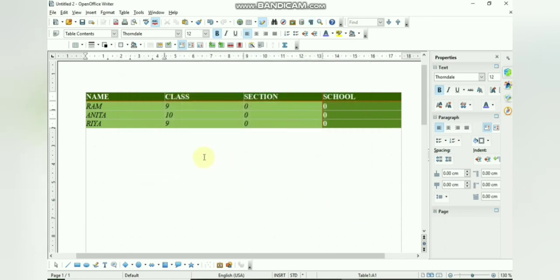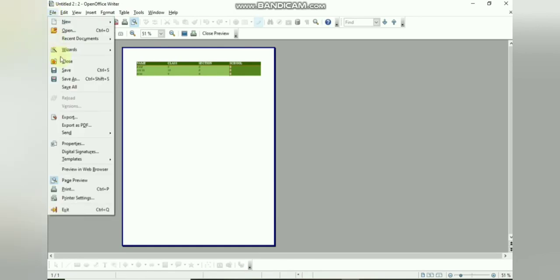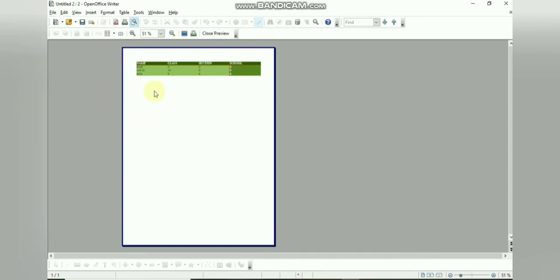All right, now say for example I want to see how my document will look, to get an idea of how it will look when I print this particular document. So for that I can use the print preview option here. So as I click over here, you can see this is the print preview option, or same way you can click on the file tab, and then you can click on page preview. Okay, so same thing. So here you can see this is the page preview option over here, or you can see the print preview option.